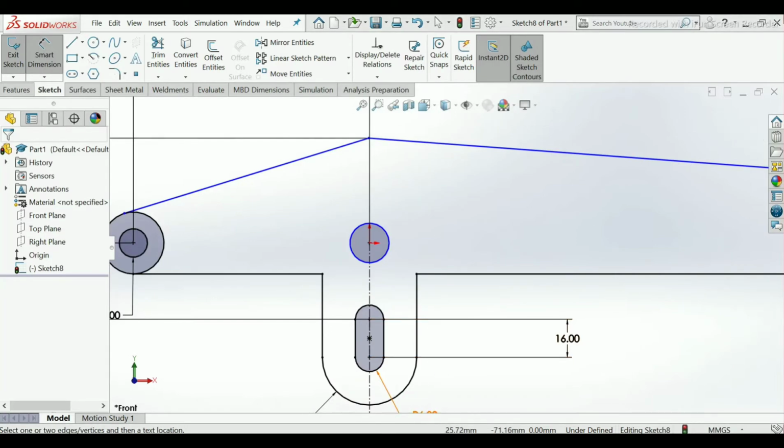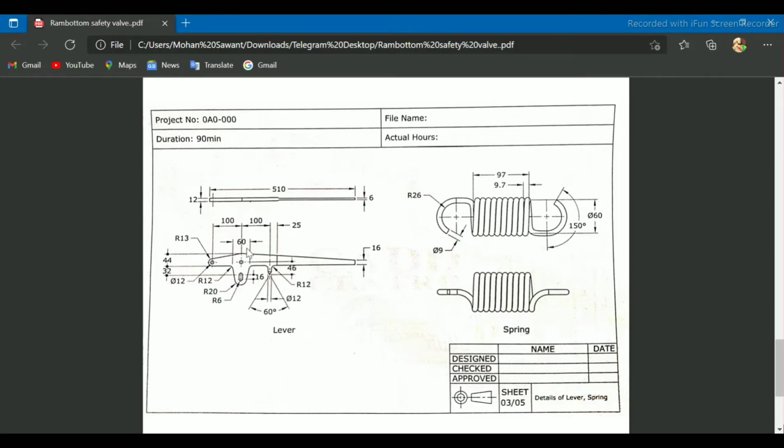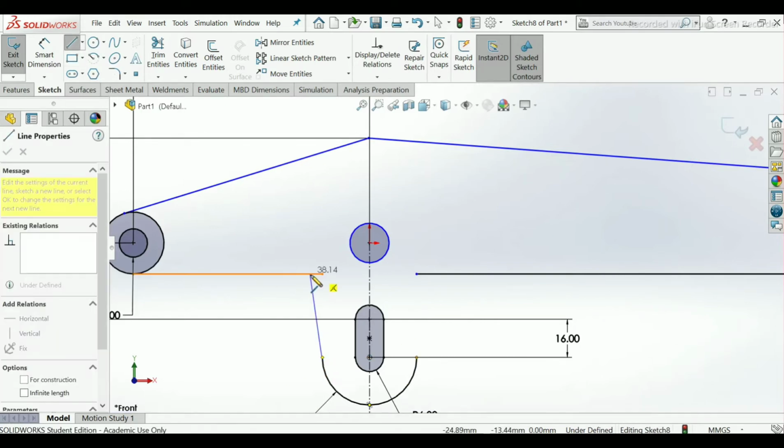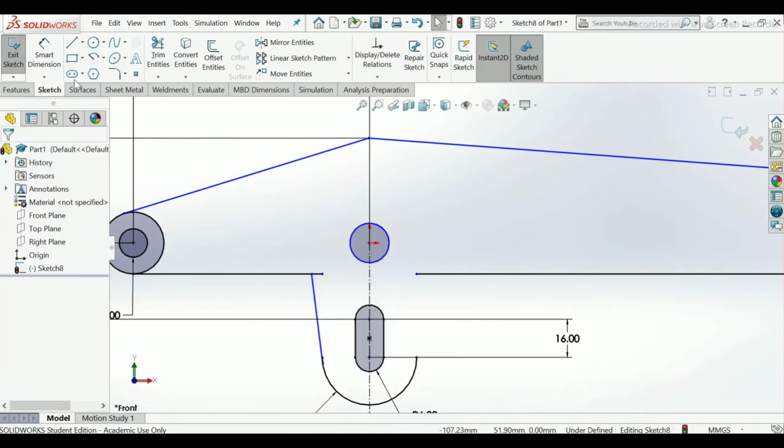Actually here we have to make a 60 mm here, so this will be wrong, so delete these lines. Make two lines here.